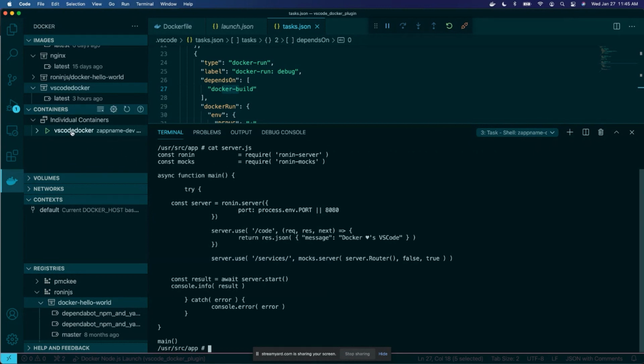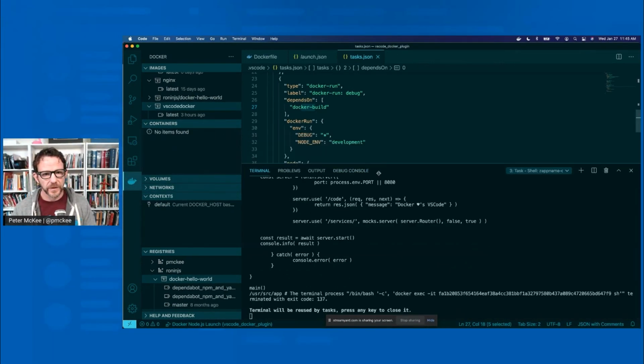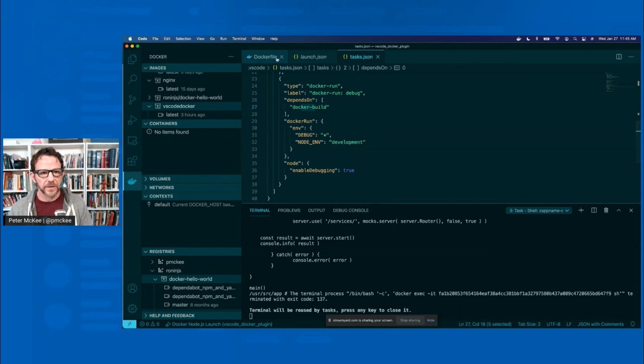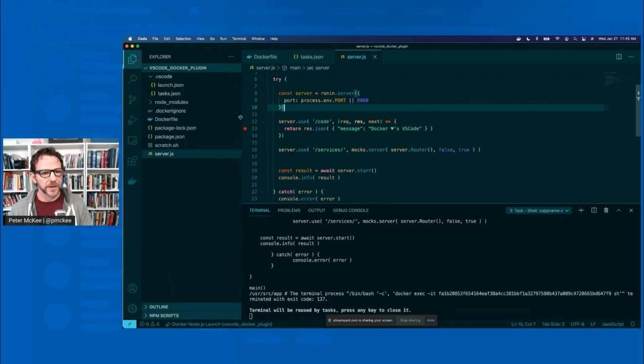So let's go ahead and stop that. I think one last thing I want to do. So let me go ahead and stop that. Move this down here. So this is all great, running awesome. Let's open up our source file. And let's see if we got a debug point set. Let's see if we can run our image inside of our container, connect with Visual Studio Code into the container and see our breakpoint break.